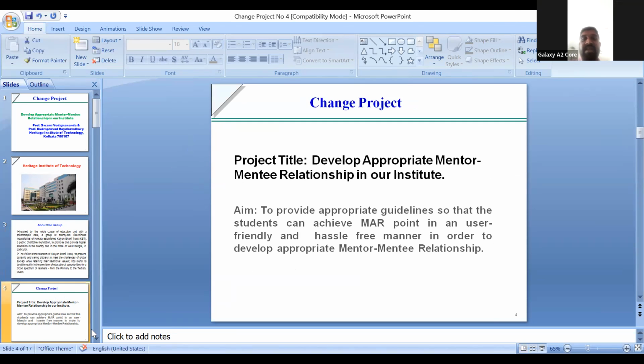Yes. Now, what is the project title? I'm telling about the project title. The aim is to provide appropriate guidelines so that the students can achieve the MAR points in a user-friendly manner. See, it is very difficult to make the students realize why they should do these MAR points.